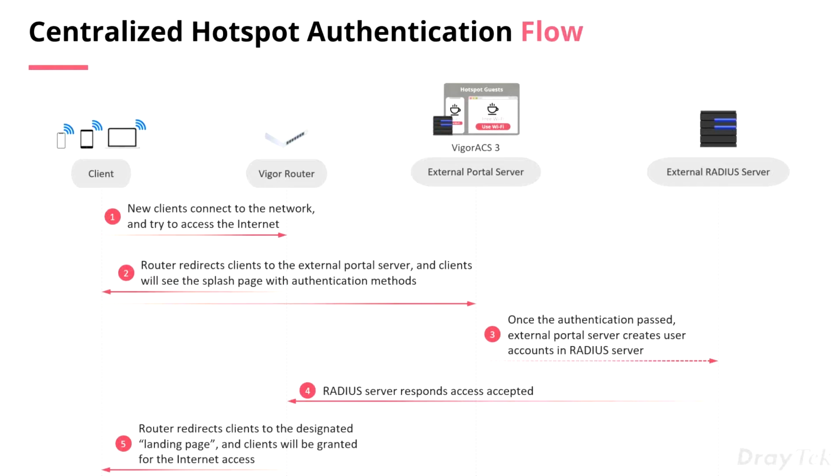When they attempt to log in, that authentication is passed to the external Radius server that creates a user account and then tells the router that the user is able to connect. Then the router will redirect the client to a landing page,